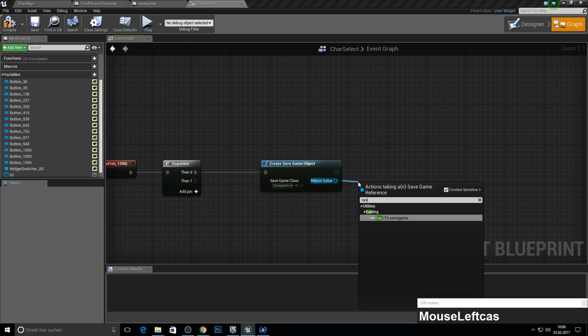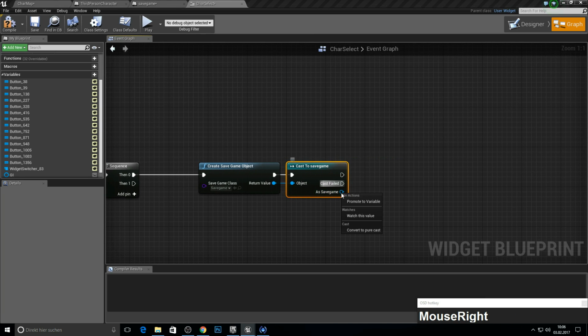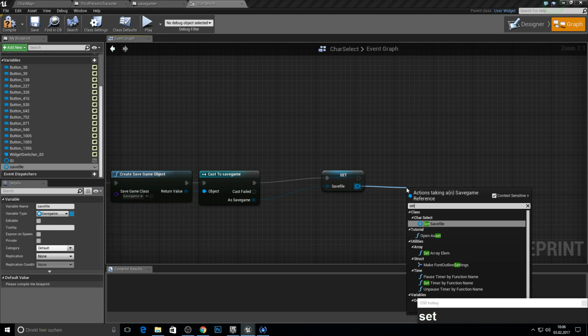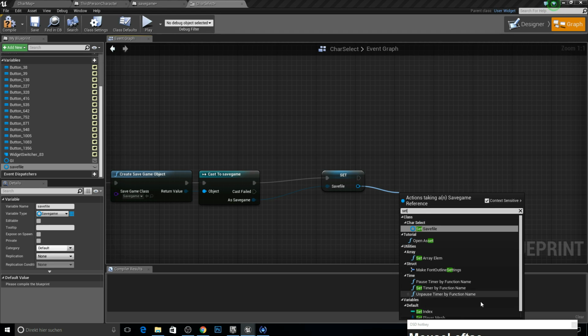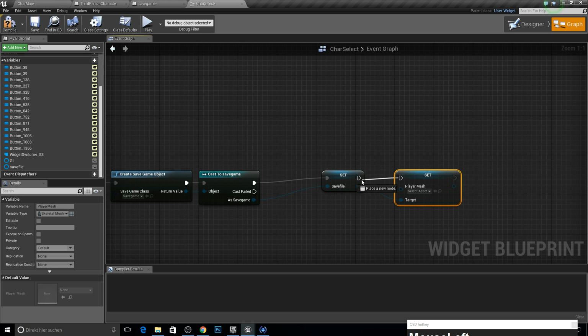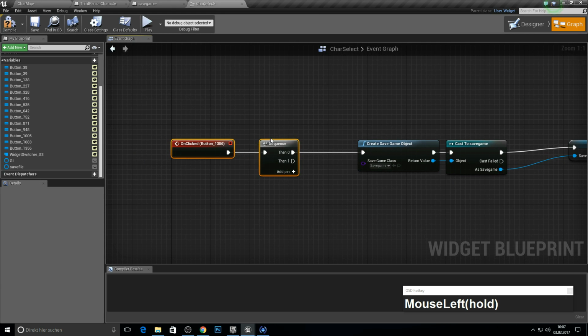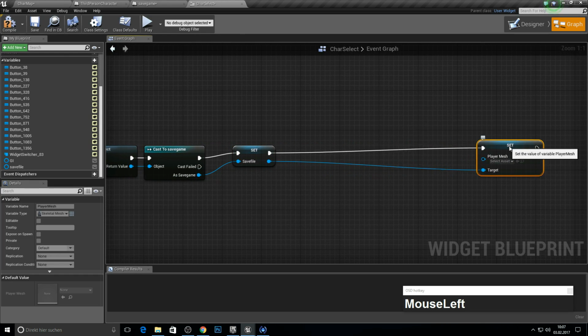So cast to the save game, here you can see it's small, and we want to promote save, like this, save file. And here we just set our skeletal mesh. Where is it? Set player mesh, like this. And for this we need to make here cast to save game, save file,